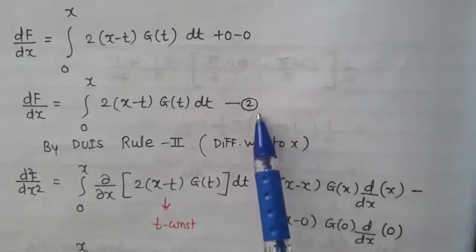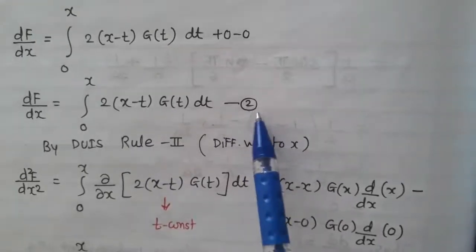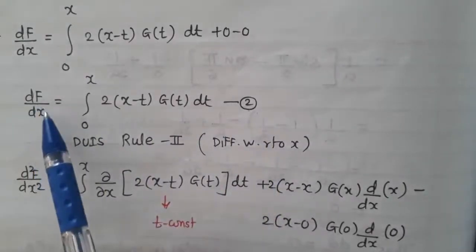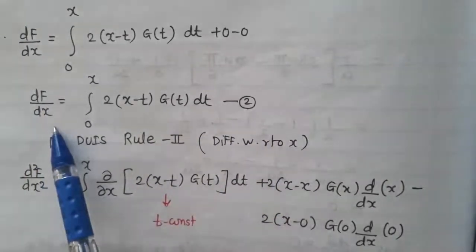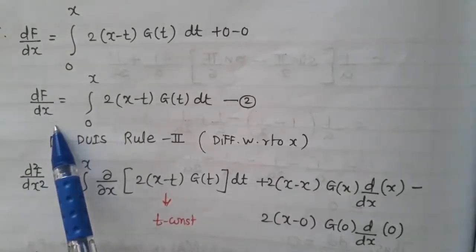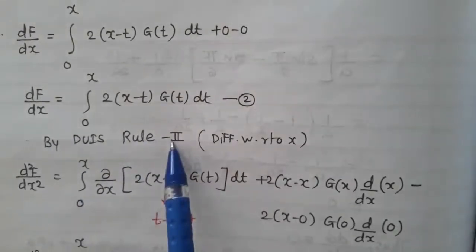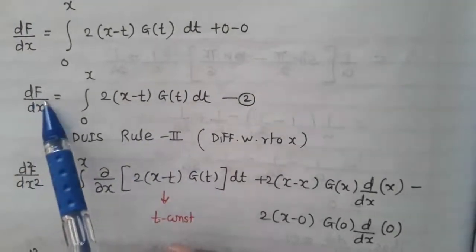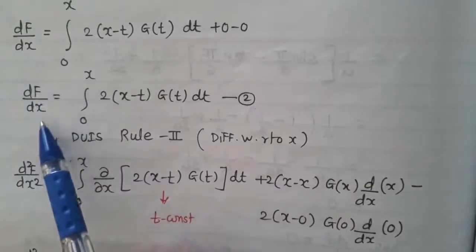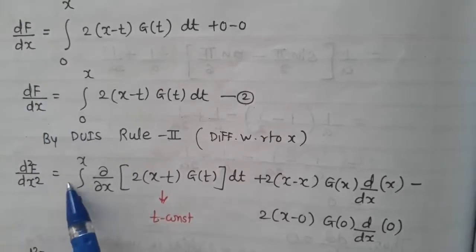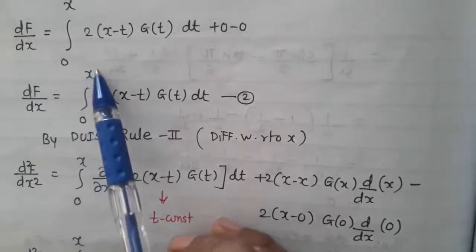Now in this question, we have to find d cube f upon dx cube, and in this second step, we have only df upon dx. That means we have to apply this DUIS rule three times. Once we already applied this, so apply the second time, DUIS rule 2. Differentiate on both sides: df upon dx by DUIS rule 2 becomes d square f upon dx square is equal to integral 0 to x